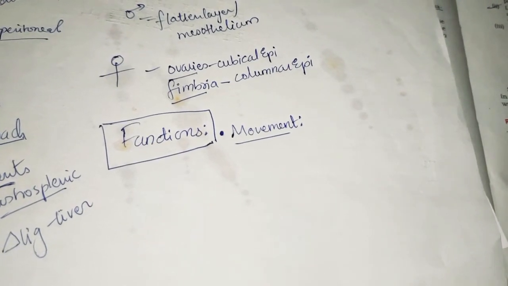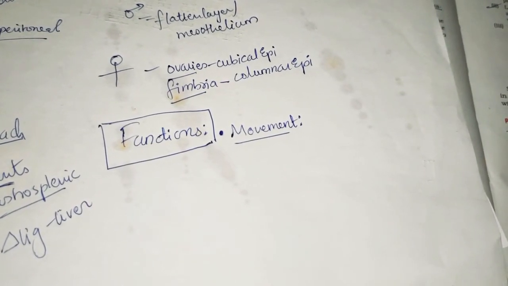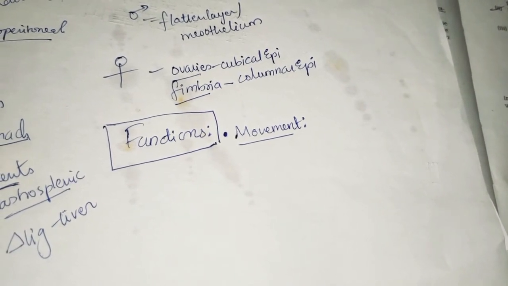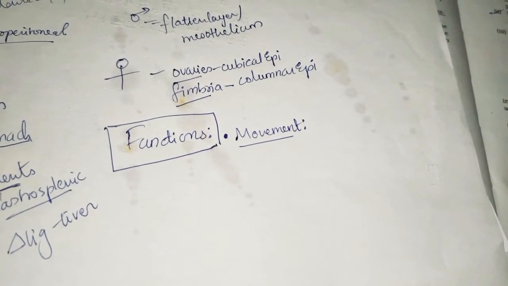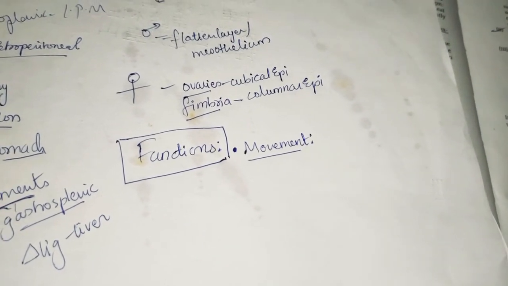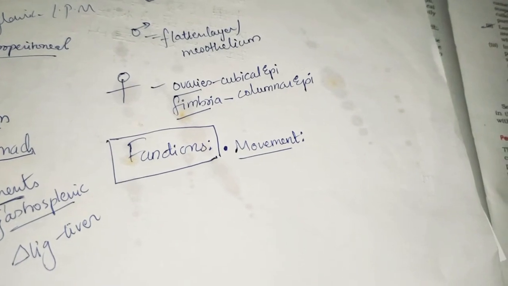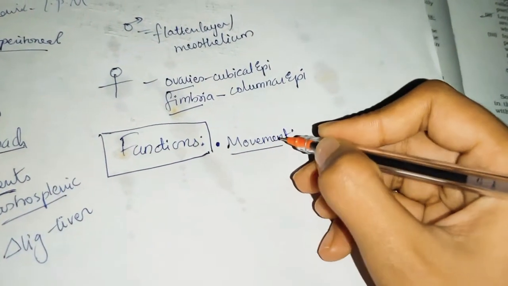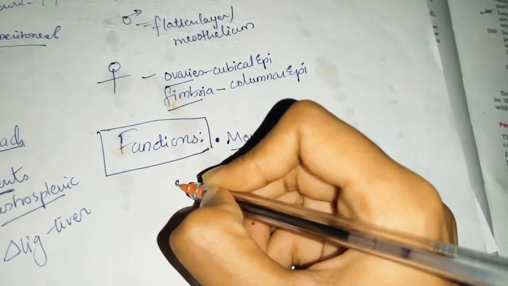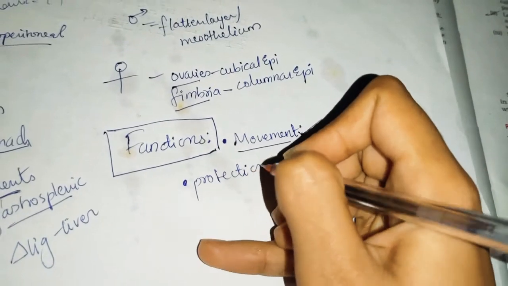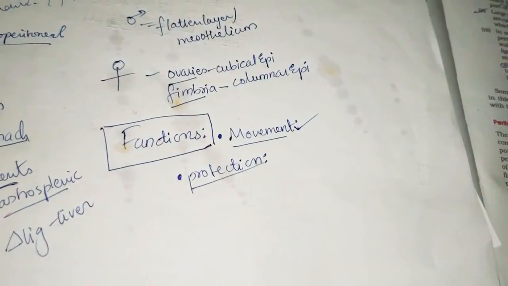For example, you can take peristaltic movements in the stomach and intestine, and periodic changes in capacity of viscera with their filling and evacuation. Efficiency of the intestine is increased because of mobility, and the intestines are suspended by large folds of peritoneum. So all this is because of movement. This is the first function, and the next function is of course protection of viscera. It is like an outer layer, so it is protecting the viscera.